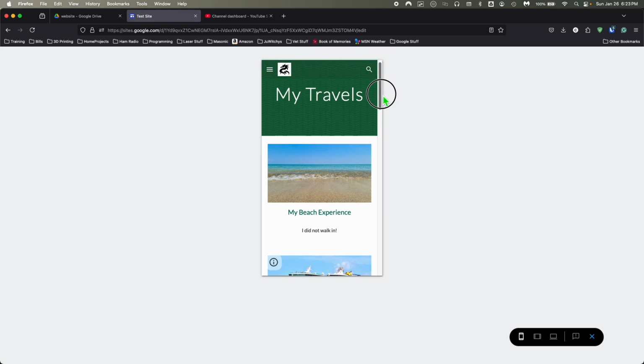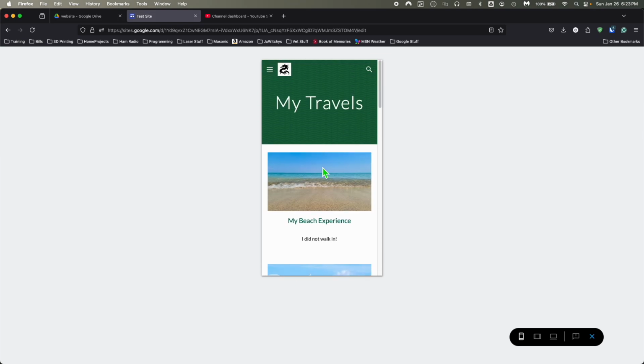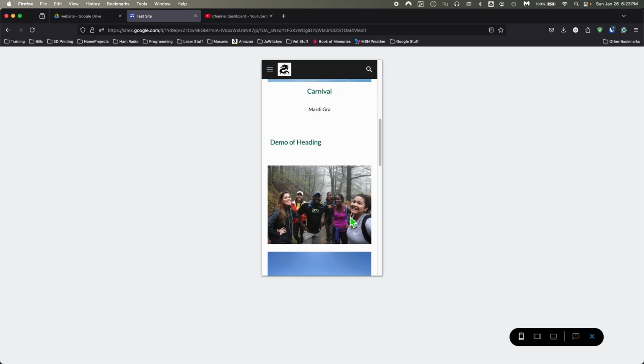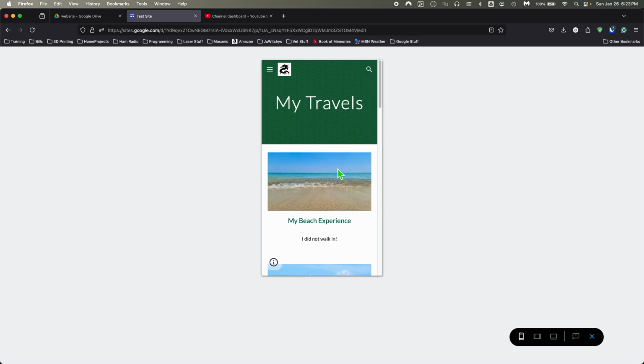Google Sites does a really good job of redrawing the page so it stacks objects and pictures and things like that very nicely on a mobile phone. Websites historically really struggled with this. So I'm very excited to see that this kind of functionality on a phone is available from a free website. All right, so I'm going to exit the preview